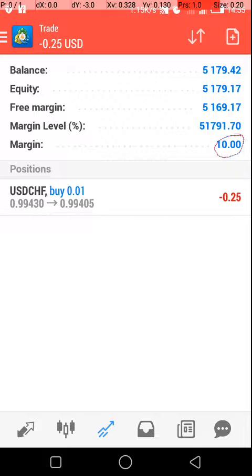Now, in order to be able to trade with 100,000 United States dollars, how is that even possible? Well, I can see that I have a balance of only 5,000 United States dollars. So what's happening here is this: the margin was 1,000. If you remember well, my leverage is 1 ratio 100. So if you take 100,000 divided by 100,